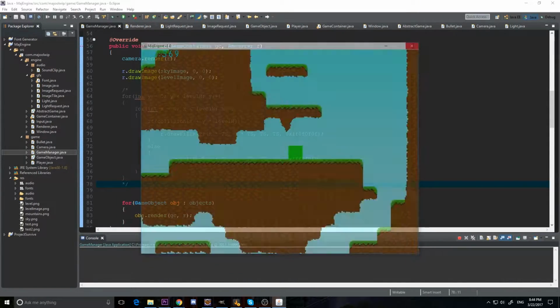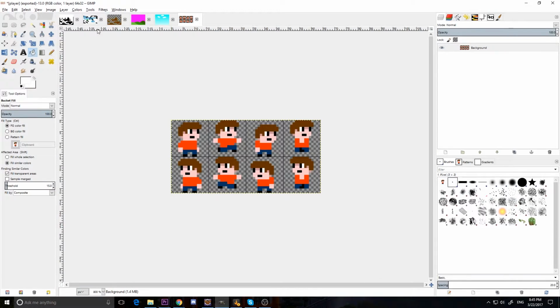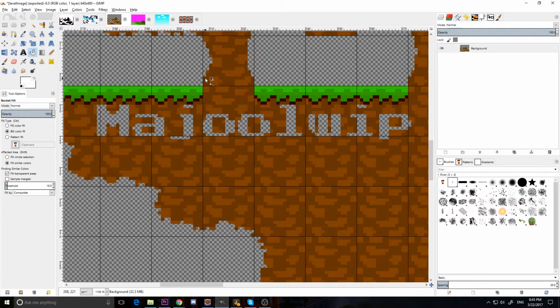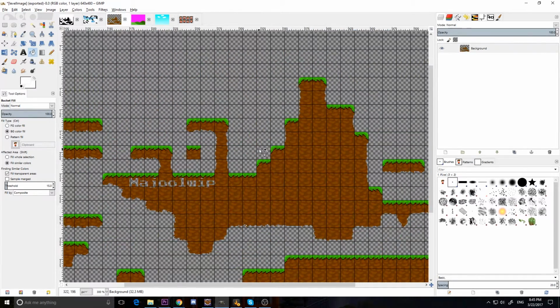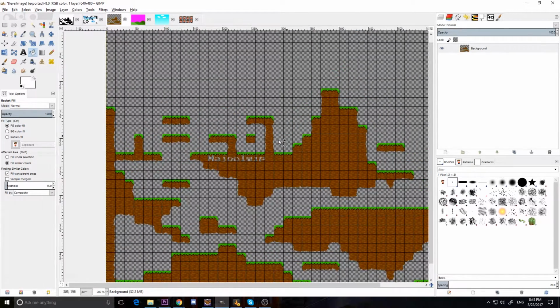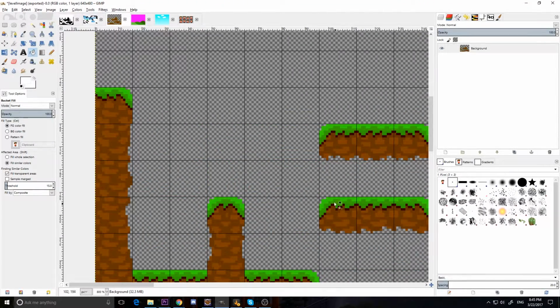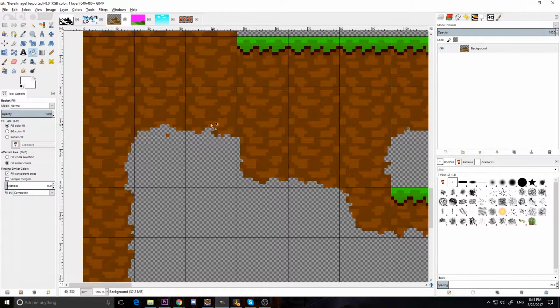So yeah, what I did is I went into our map and I edited it a little bit. I didn't want anything up above. I wanted it to be open up above. And then I took this and I made it 16 times bigger, and then just manually drew in a map. So the map is just an image. I basically made the tiles, placed them, and then I went around and